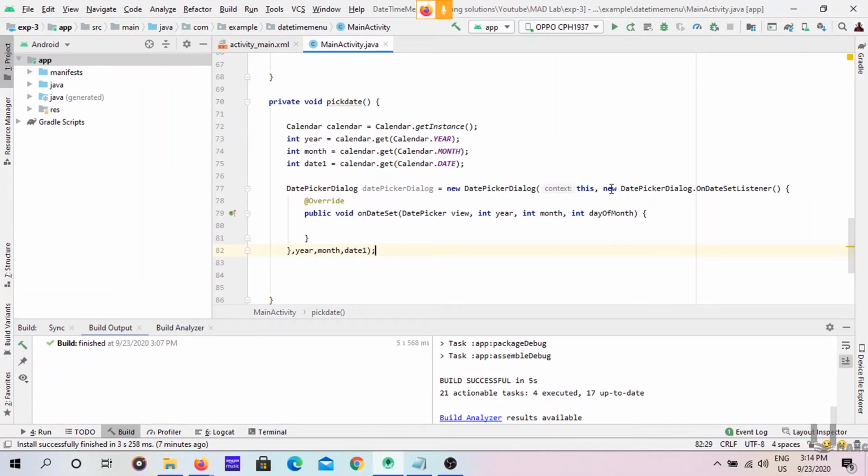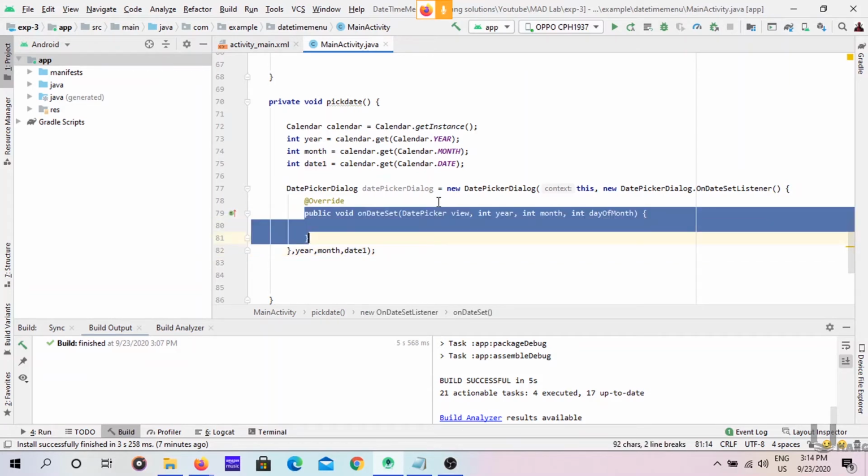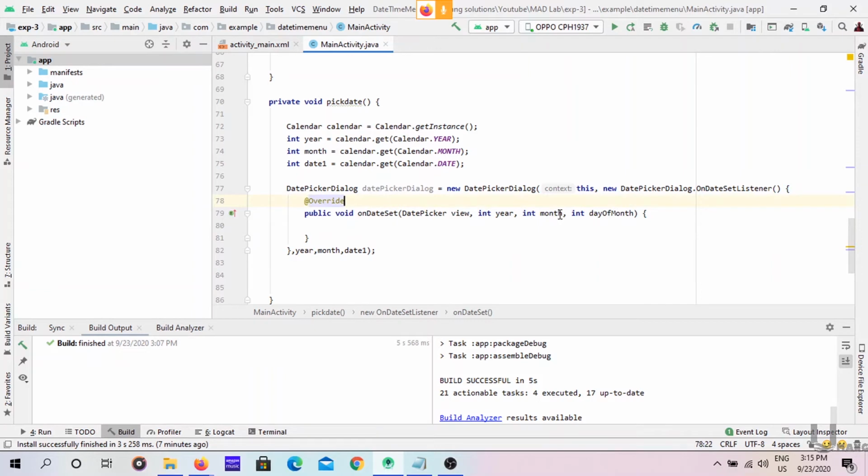That's it, we have given everything. Through this method we can access the current year, current month and current date, and also whatever the user picks, we can access using these 3 variables.